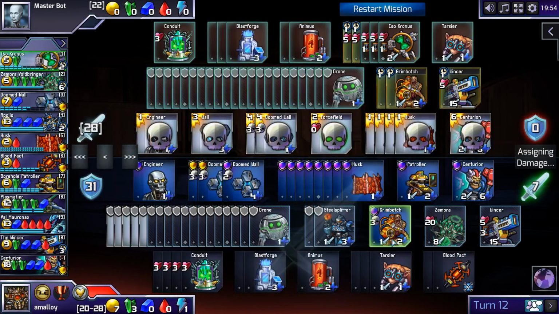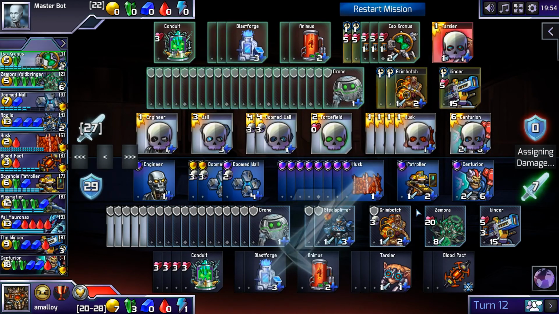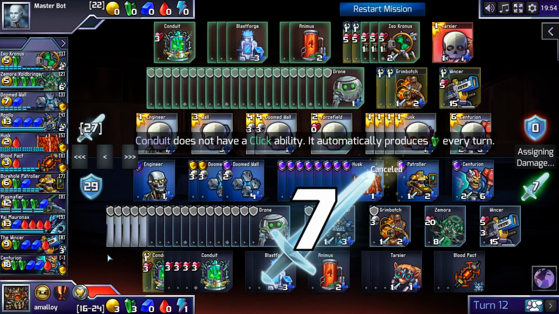I'll just buy Blood Pacts to hold it all off. This loses the Borehole Patroller, but that's sort of fine. I'll even Force Field. How about that? No, if I Force Field, I can't get the Zamora firing. Okay, well, this is